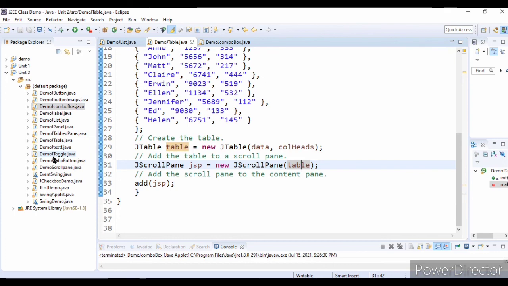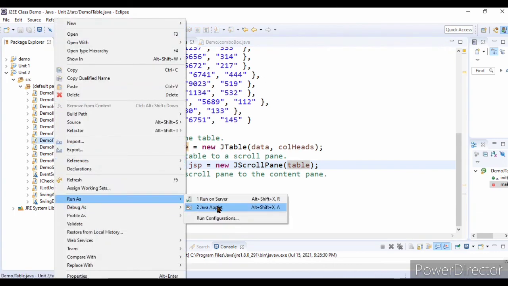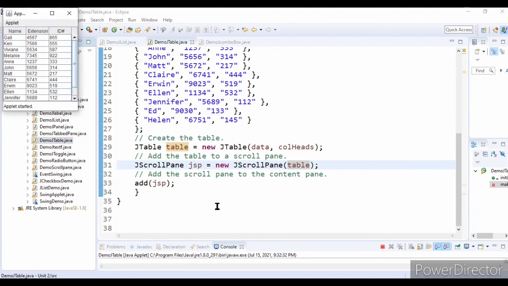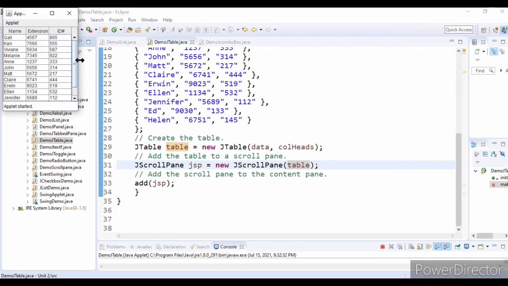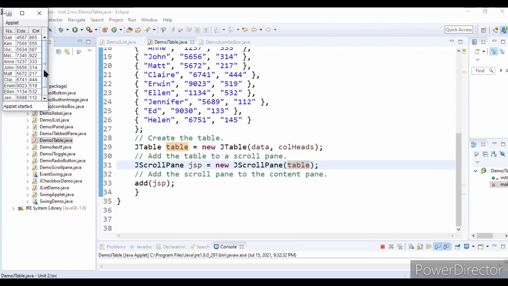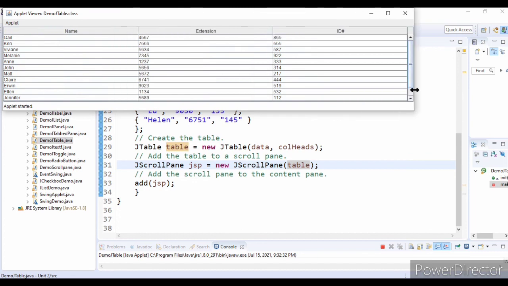We will see the output. See, the table is a little bit bigger, so the JScrollPane added a vertical scroll bar. I will decrease the size here. There is no horizontal scroll bar.